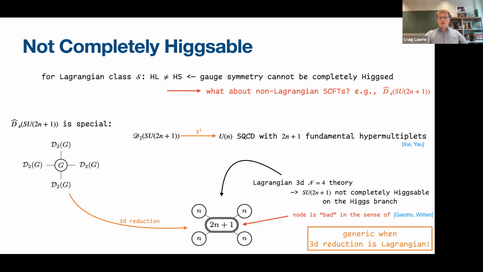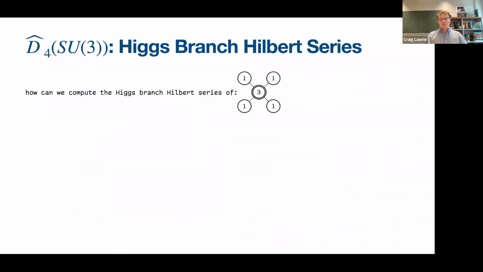Okay, but one of the beauties or joys of this conjecture was that you might want to learn something about the Higgs branch, and in the past you might have said, well, I can compute the Hall Littlewood index. That's something I know how to compute, and I can say that's the Hilbert series of the Higgs branch, and then I'm learning something about the Higgs branch. But in this case, that's not true. So we'd still like to know something about the Higgs branch. So there are a few ways we can do this.